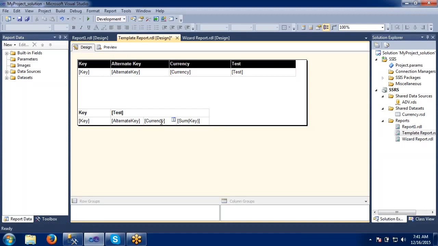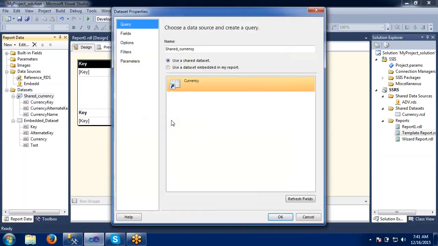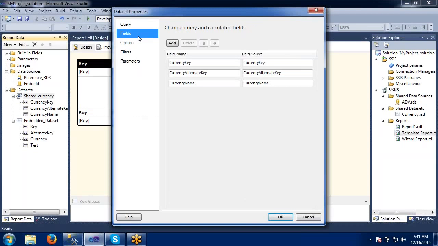We have discussed the differences between the report template and report wizard, and what are the options available in the data source, data sets, what is the shared difference, what is the embed data source, and coming to dataset properties, what are the dataset properties available? Yesterday we have gone through two, three options. What is a query? In that we have seen these two options, and fields also we have seen yesterday.